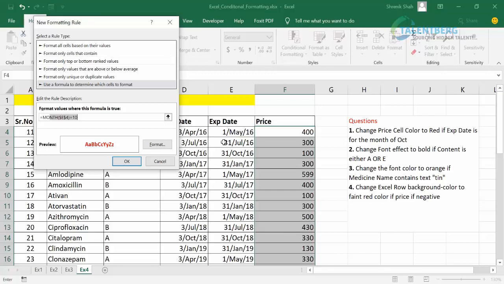But Excel will check the May date because there is a dollar symbol in the formula. When we use the dollar symbol, it freezes that cell address. It does not change. We need a relative reference here.